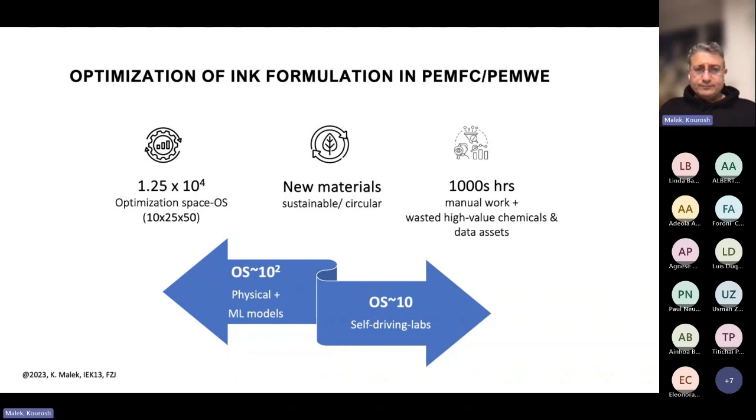And if you are looking into that, add new materials requirements. I think it was mentioned that you have to look at non-fluorinated, for example. It adds complexity due to circularity and the sustainability required. And then it would result in hundreds of thousands, if not more, of spaces that you have to look at. And obviously it has a huge amount of waste of chemicals and data available there. So really what we're trying to do here is have at least 2 orders of magnitude reduction